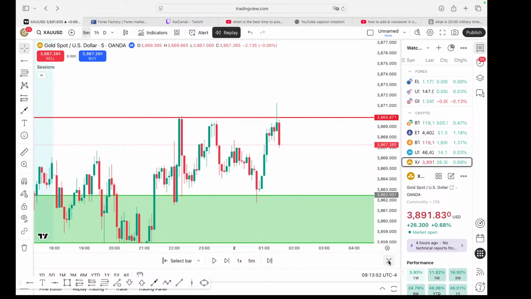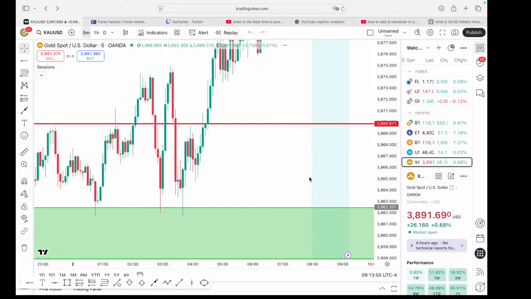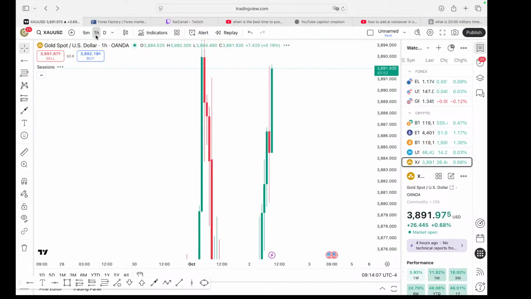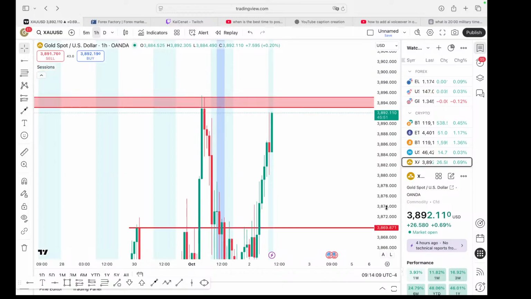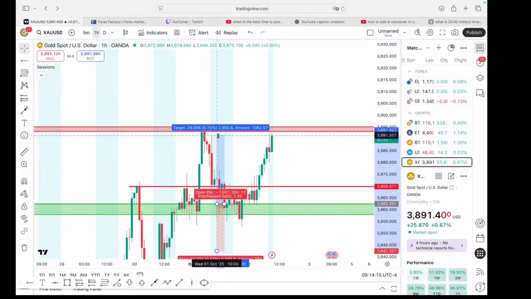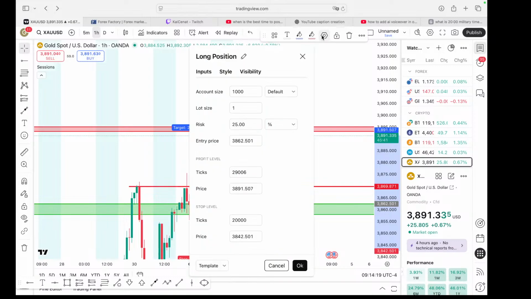But let's fast forward and go over to today's trade. Damn, price is taking off. I hate that. If I were to have stayed in this trade, this is how much money I could have made. So let's see. If I would have gotten in right here and just held that trade, I would have been up 29 pips, so halfway to my goal of 60.